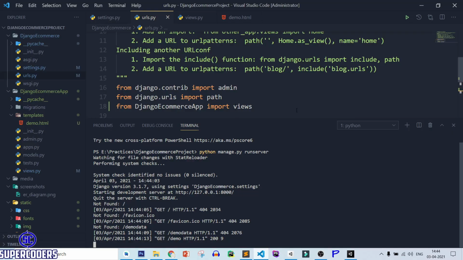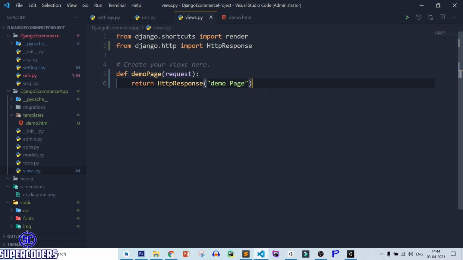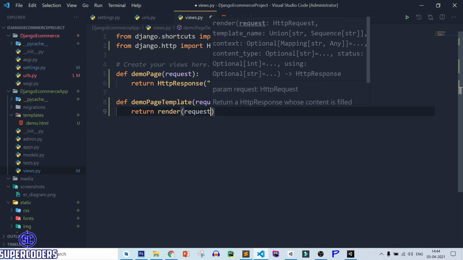Now after that let's use a template page. So again close it and demo. So here copy the same line again, demo page and demo page template. Let's copy it, save it, create another method. So define demo page template request return render. Then first parameter you need to pass, which is request.